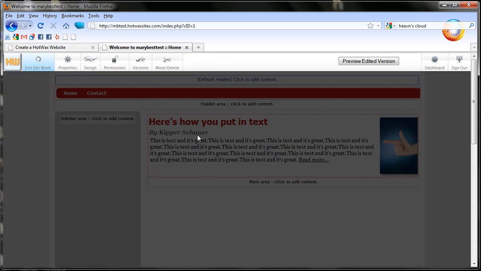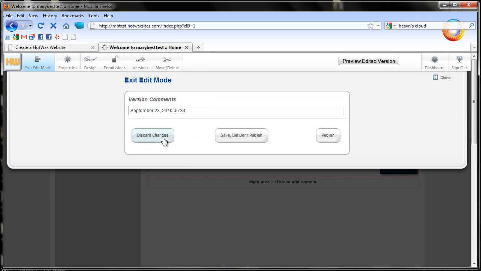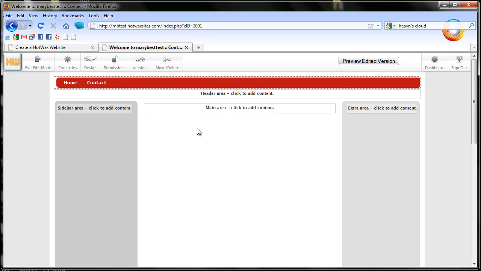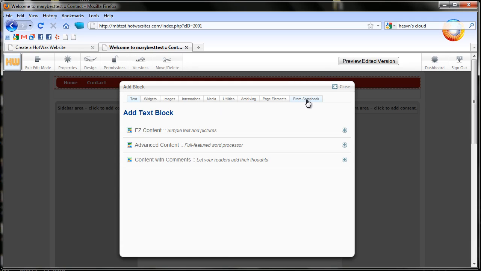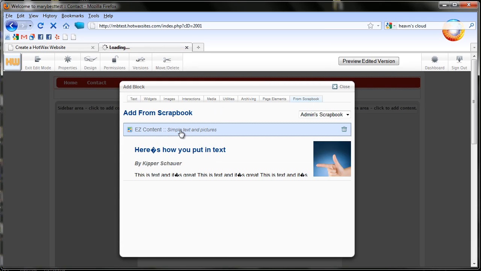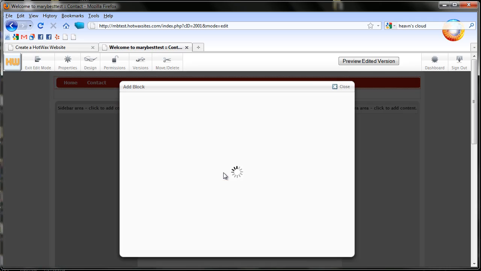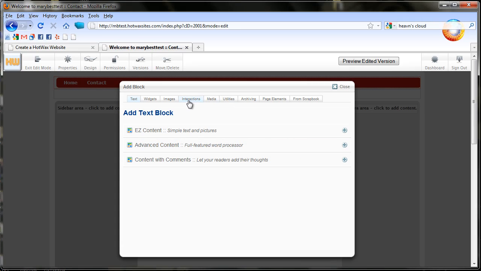And exit, discard, and then go over to contact, and just go from scrapbook and drop it in. Pow! We've got really cool stuff right there. We're going to show off one of the